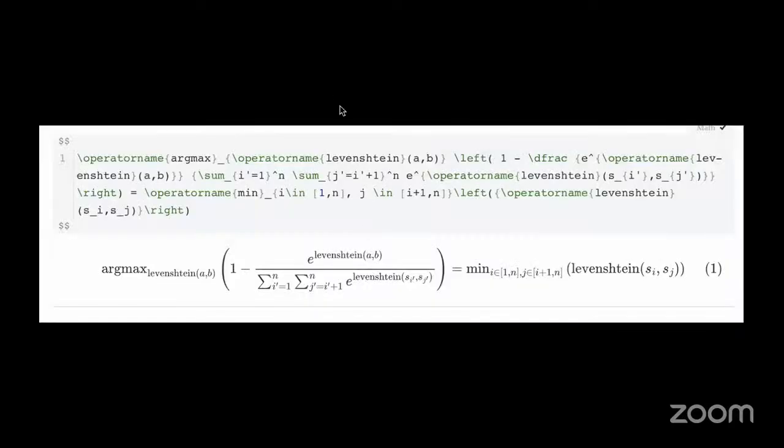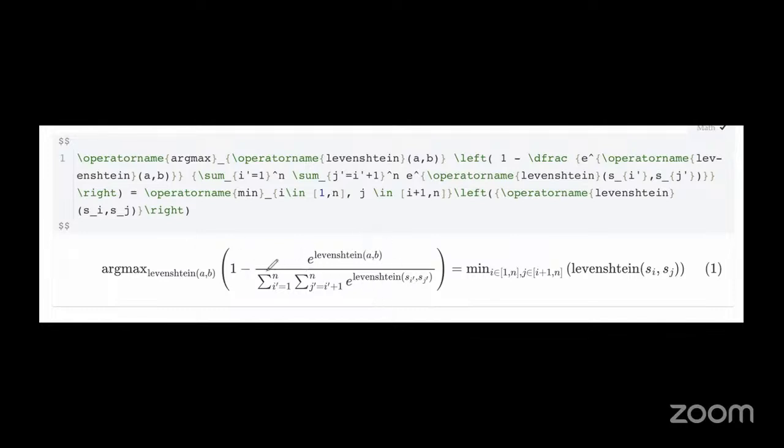So this is basically a very concise explanation of this. Let me also walk you through this. What this means is, if you want to find the argmax of this, this is what is given to us. You find the softmax of this distance between two pairs of string for all the strings, and